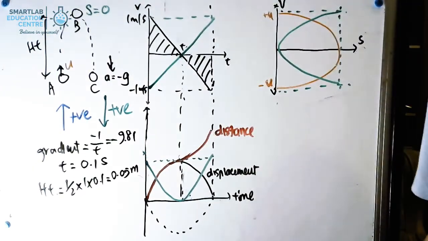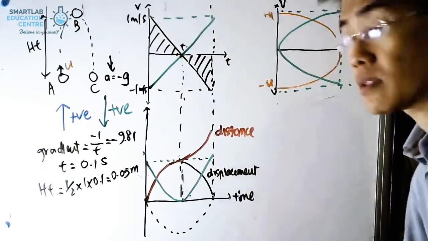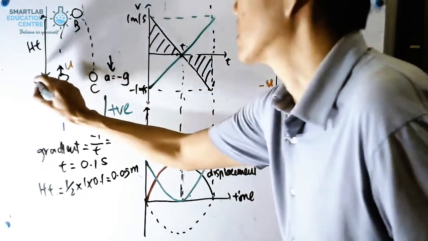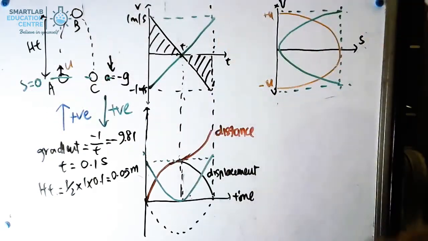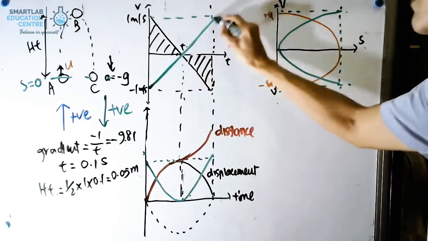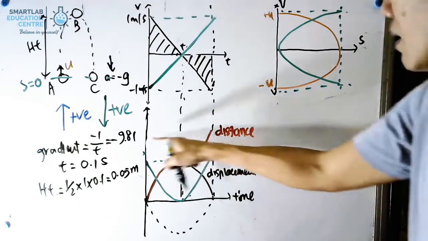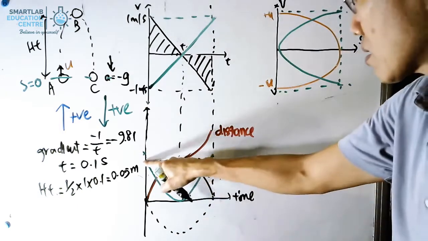Okay, what if we decide to change the datum for the displacement? Let us say we want the displacement to be 0 at position A and C. In that case, there's literally no change to the VT graph, it will still be the green line. As far as the displacement graph is concerned, there will be a change,